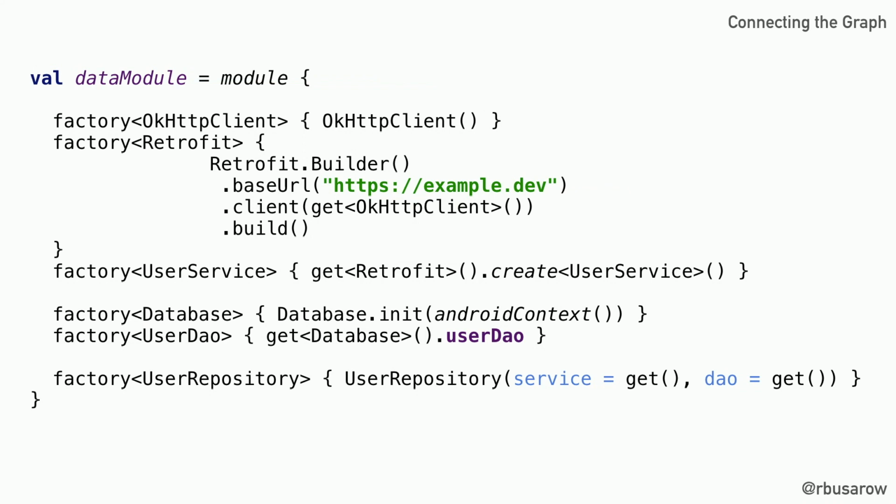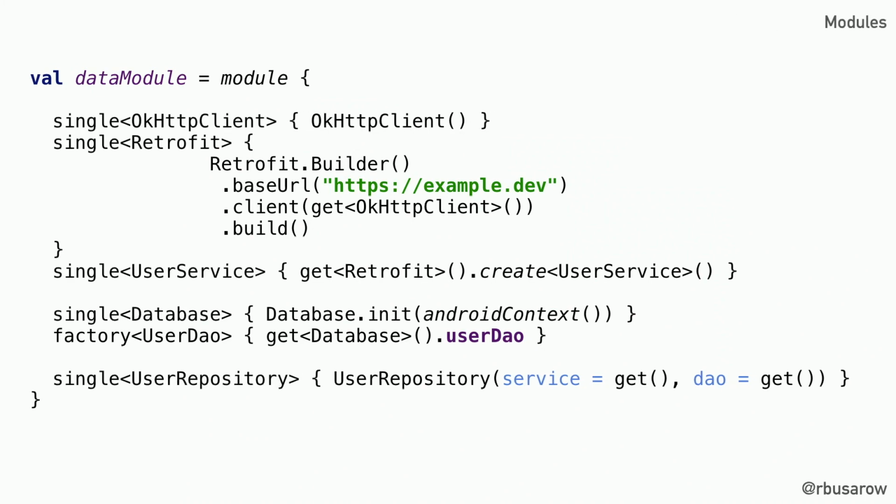So the other thing that we ought to look at with this is the efficiency of it. Earlier I complained that these are expensive to create and we're creating them every single time, and we are still doing that here, right? We're calling factory for every single thing. And we don't have to because Koin has another keyword, single, which creates singleton references. Notice that we're not going to do this for the user DAO, because that user DAO is, again, just delegating to the logic that's already been optimized by Android, and we don't need to worry about it.